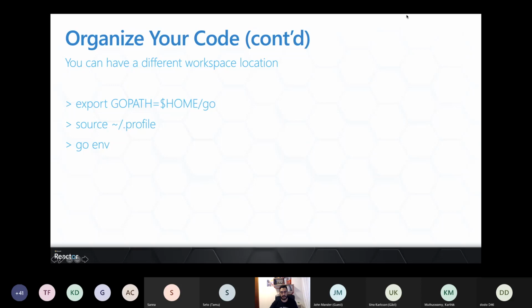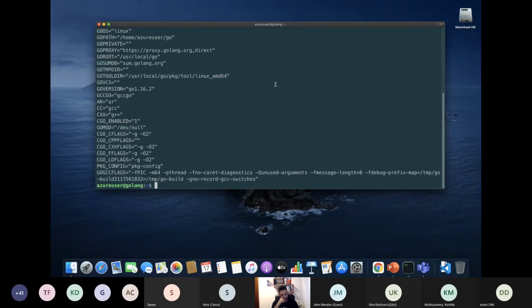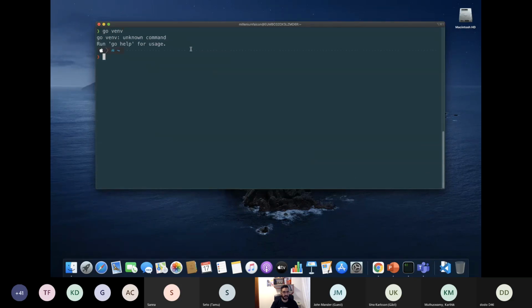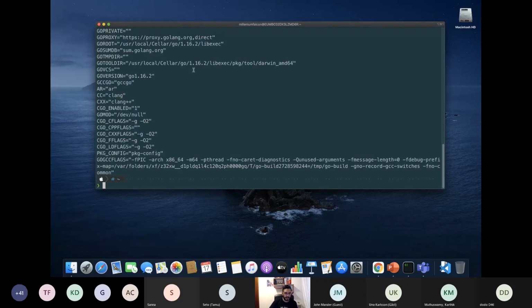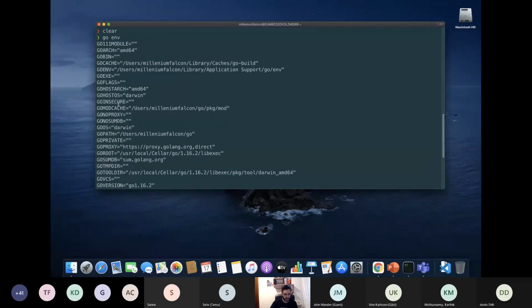So, for example, if I run go env, I can see that the Go path is going to be home Azure Go. If I exit the VM and run go env on my local computer, you can see that the Go path is going to be users, my user, /go.